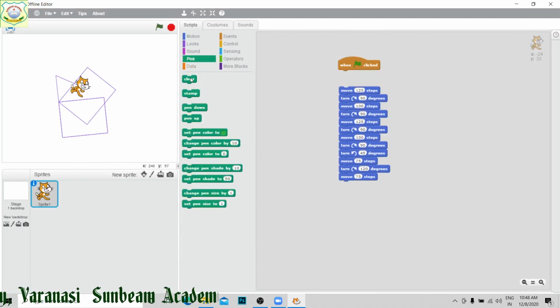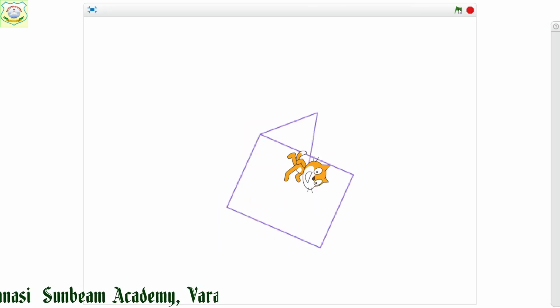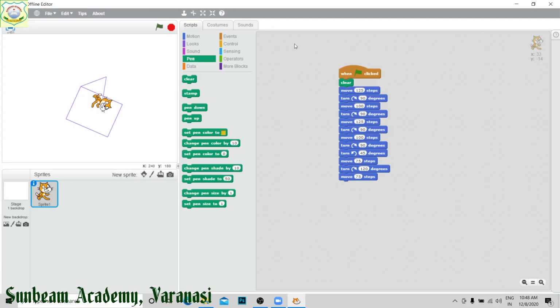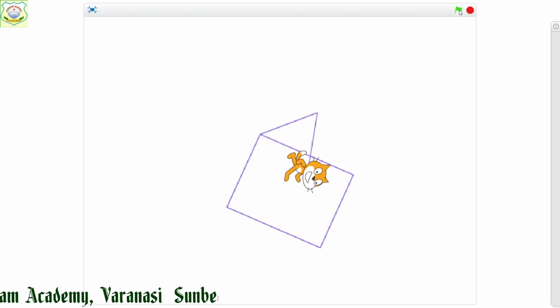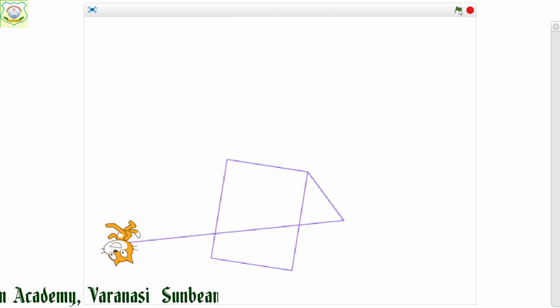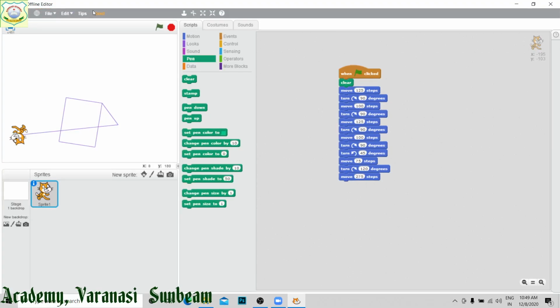Here we have to put it over here. Now if I am going to increase its size, we will see, means whatever you want to draw, that can be drawn on your screen.